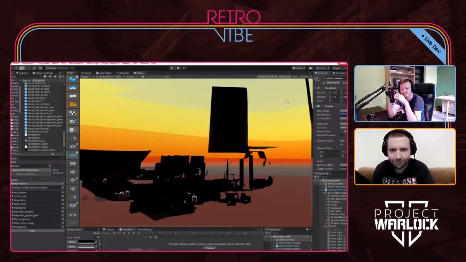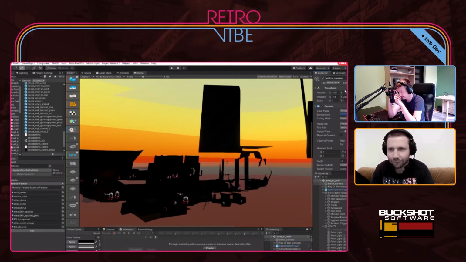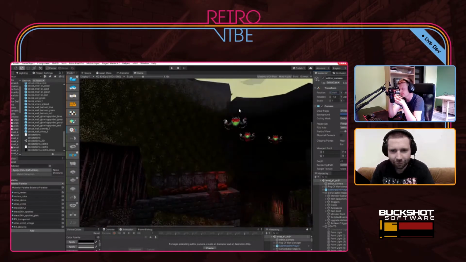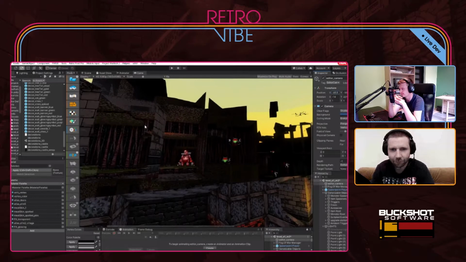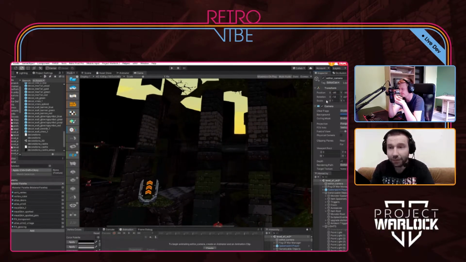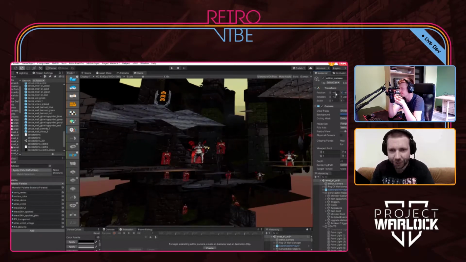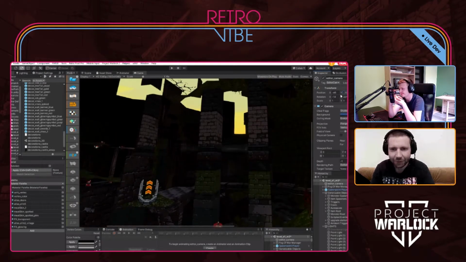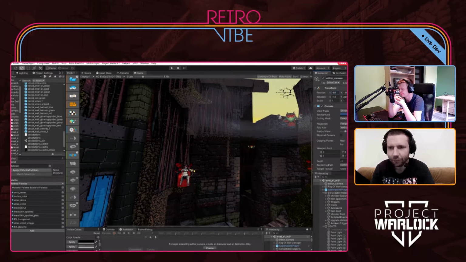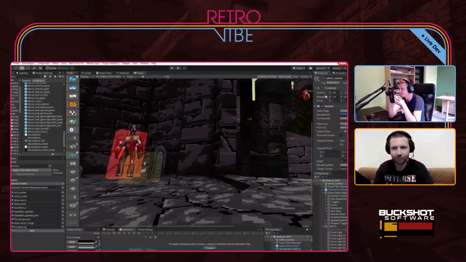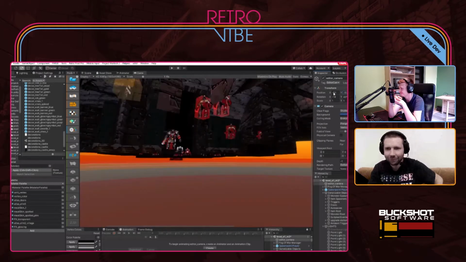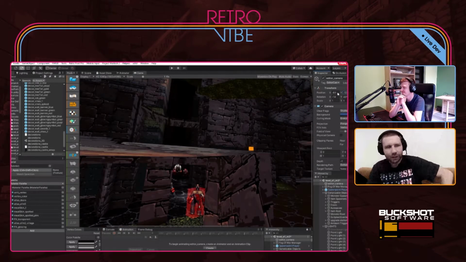So I have a question for you. When you design a level that needs to have secrets, how hard is it to hide the hidden stuff? Well, it's very easy to hide it, but it's harder to hide it in a smart way. That's what I'm asking. How hard is it to hide something in a level from the player? Did you ever hide something that wasn't supposed to be discovered by a player while playing?